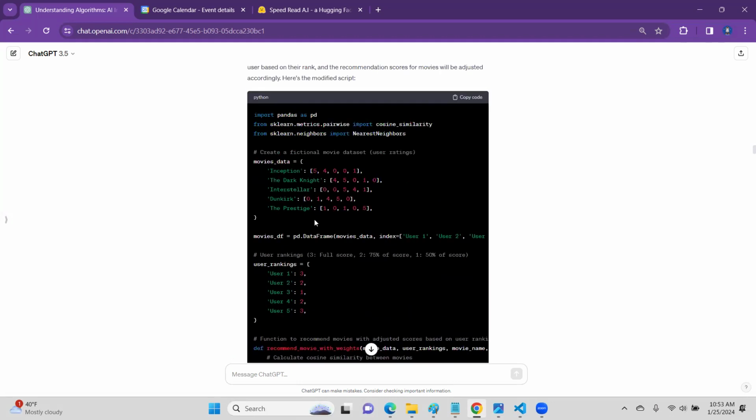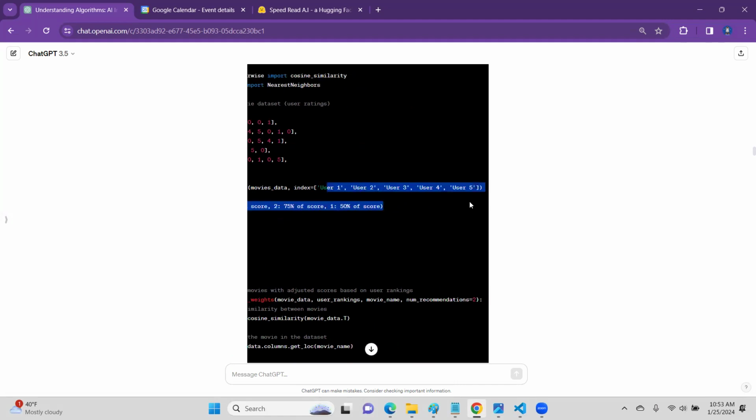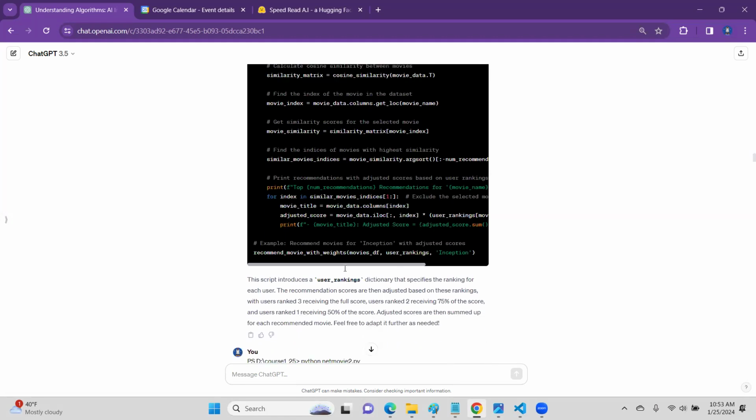Because then I can build on top of that algorithm and say, okay, why is the user ranked at a 3? Why is the user ranked at a 2? Why is the user ranked at a 1? And then you can build more behind the algorithm of just having the users and the scores. But I went on with